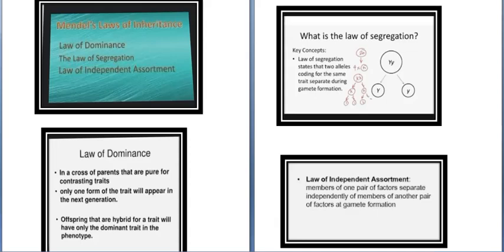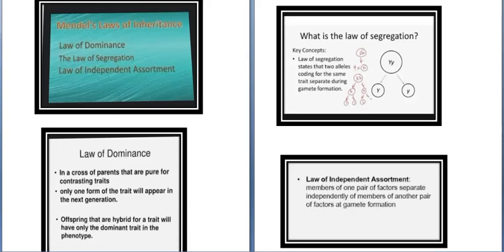The second law is the law of segregation. It is also called the law of purity of gametes. It states that two members of a pair of factors separate during formation of gamete. They do not blend or mix with each other but separate into different gametes and then combine at random to